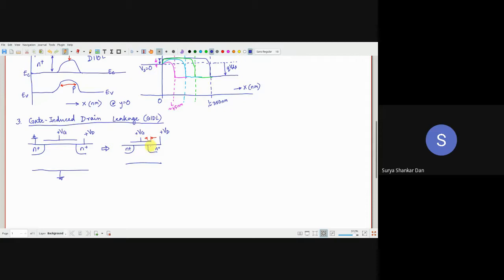And essentially what will happen, if the bonds will break in this very small region here, then you are going to have a source region like this. Because if the bonds have broken, this will essentially eliminate the holes from here, because bonds are broken means it will always create electron and hole pairs, correct? So these holes will come out and they will try to move more and more towards the bulk.